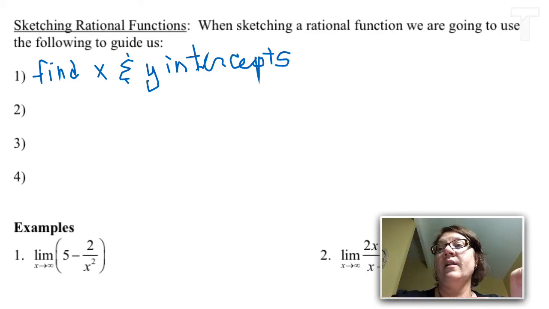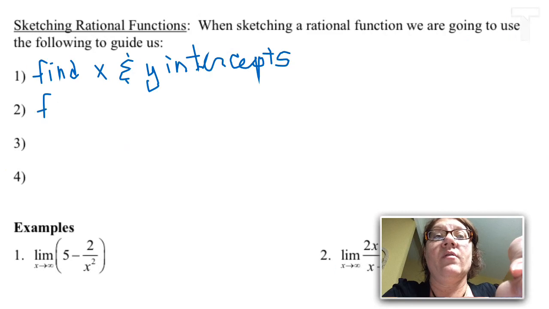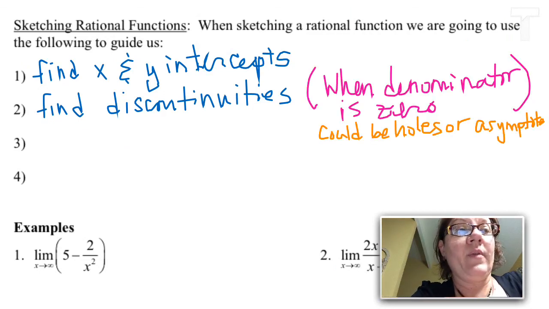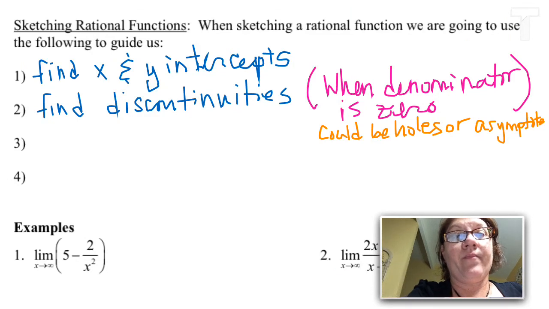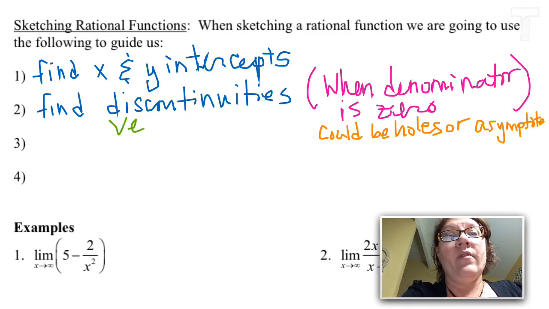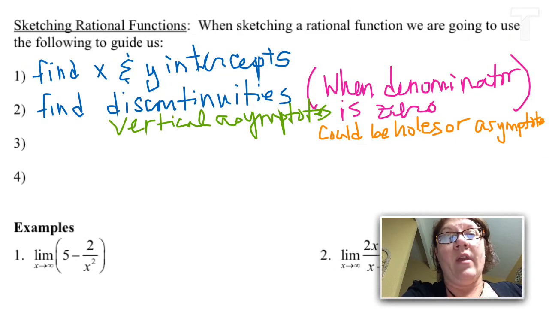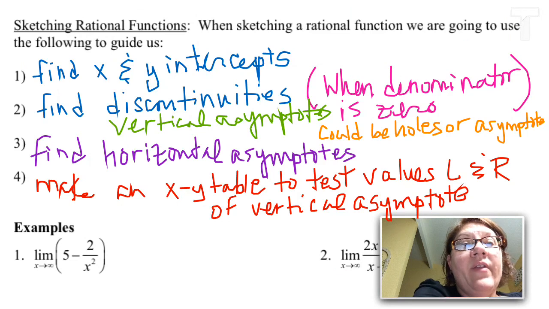Then I'd like to find any discontinuities, in case there are any. Remember, that's when your denominator is equal to 0, and they could be holes or asymptotes. And remember, these are the vertical asymptotes. So if I want to find the horizontals, I'll need to look at the degrees again. And then last, I'll just make an XY table and test values to the left